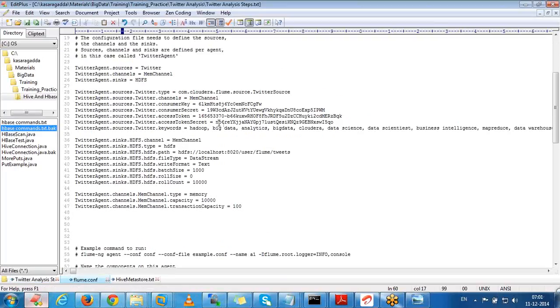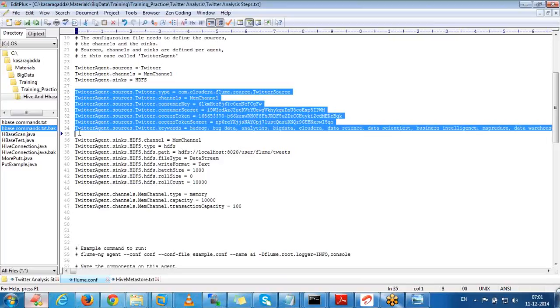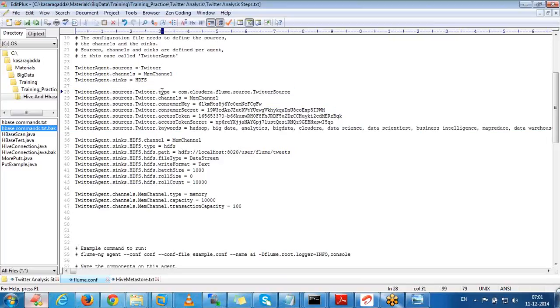In this flume.conf, we need to specify the source. This is the agent name. In previous classes we gave sample. Here I am giving the agent as Twitter agent. We need to specify source, channel, and sink. Source is Twitter. Coming to here, these are all the source related parameters. First I need to specify this name, the class name,